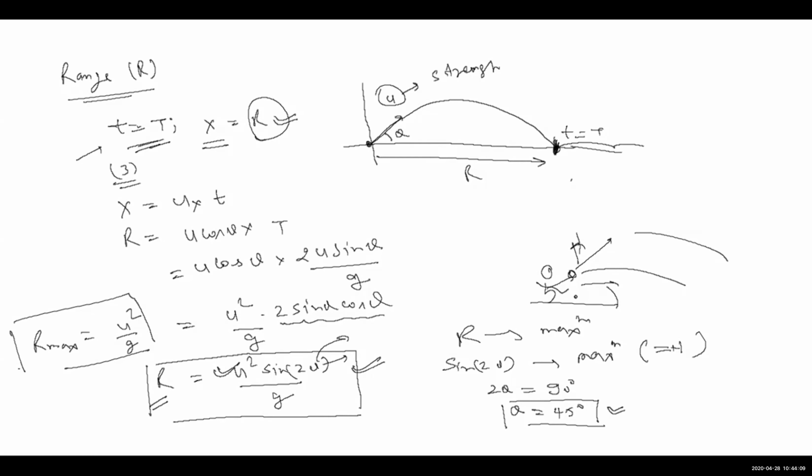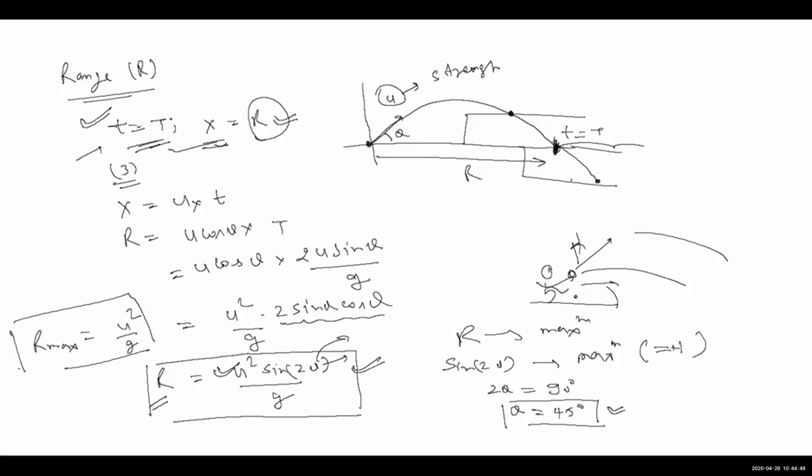But if the point of projection and point of landing are not on the same line, these formulas will not be valid. What will be valid? The conditions and the equations. If you want to make it generic, so that it can be applicable for any type of question, the only help you will get is from the conditions and the equations. Equations are not going to change. There are 4 equations. Conditions, we will decide based upon the question.